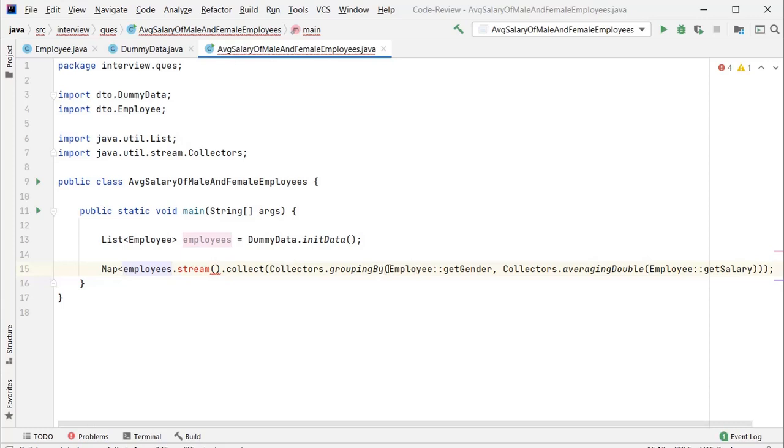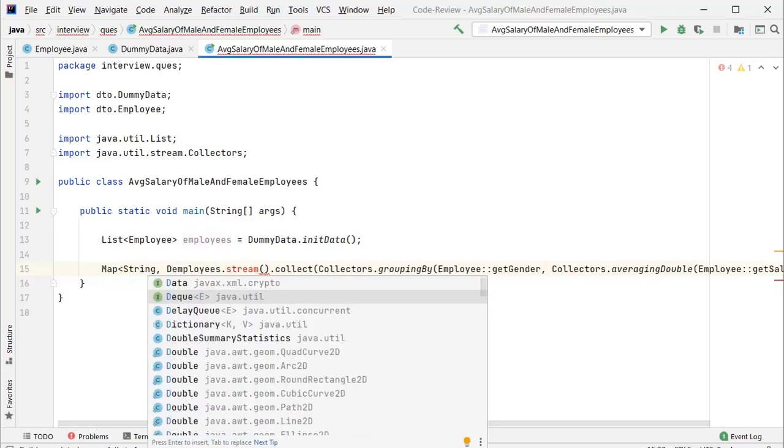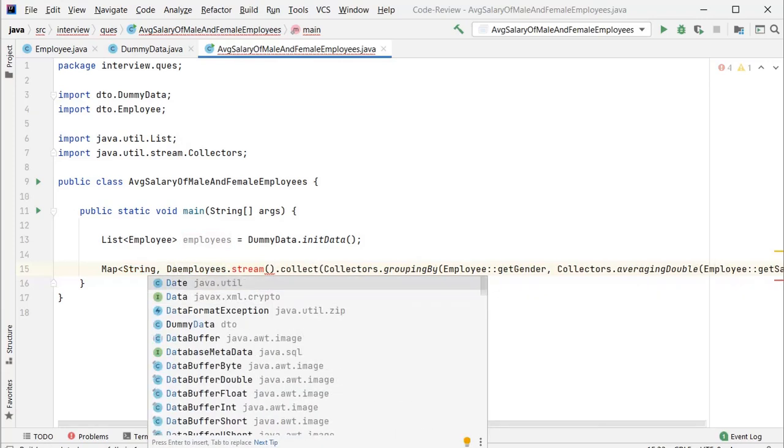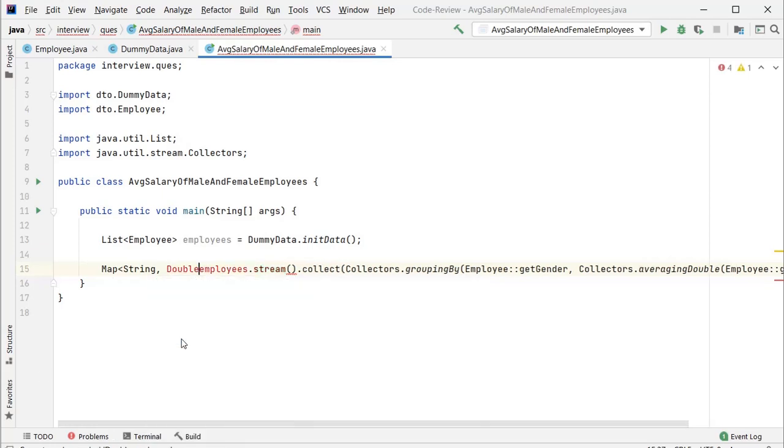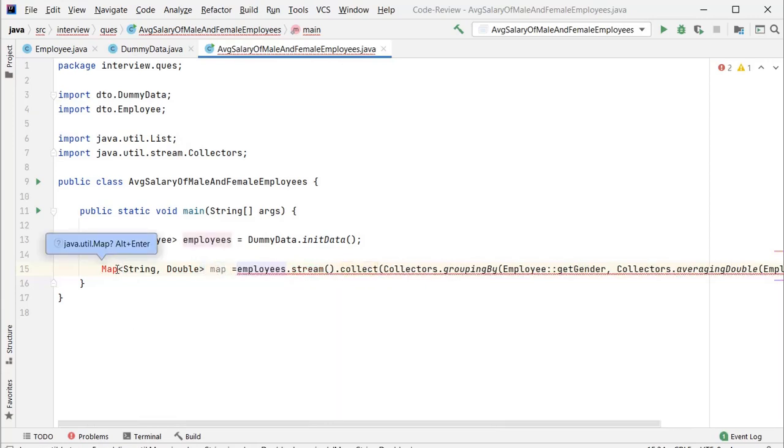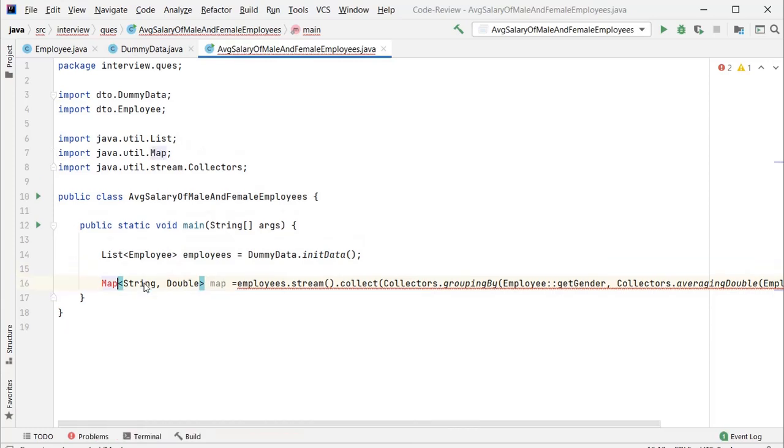Here the gender is a String, and salary will be returned as a Double. In the same way, key will be String and value will be Double. I need to import it. I imported it.